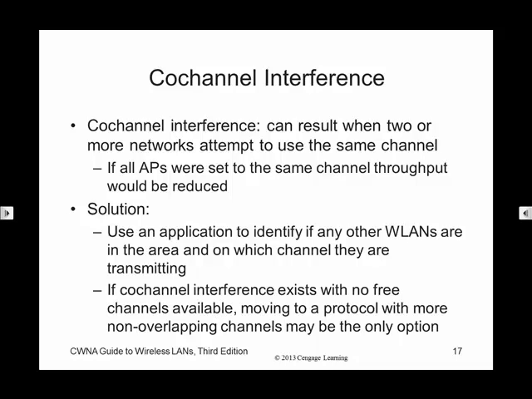And one of the ways to make that better is to go to the A band, because there are more channels there. The builders built all these channels, but they're only 5 megahertz, whereas the transmission needs 22 megahertz. So that's why we only have the three